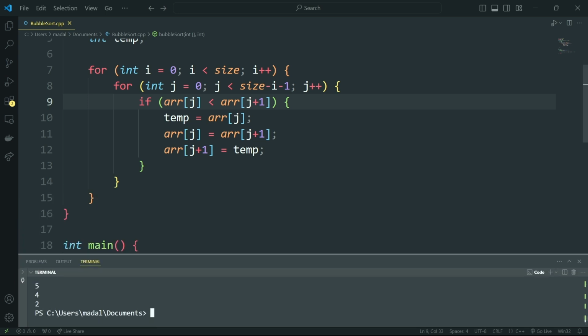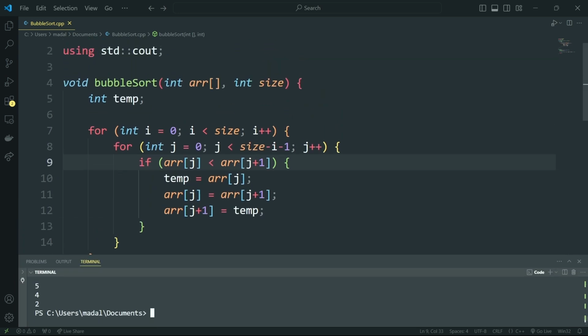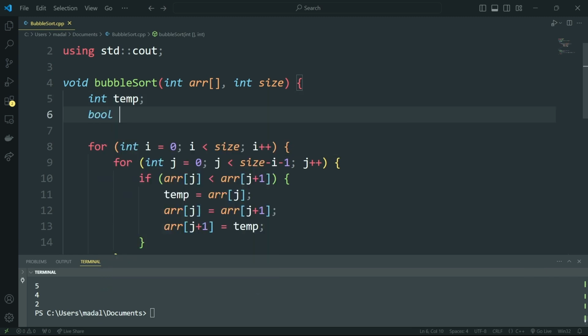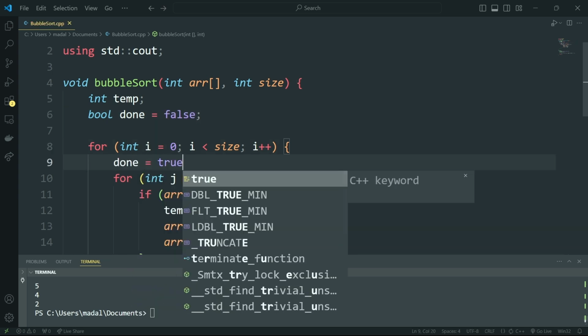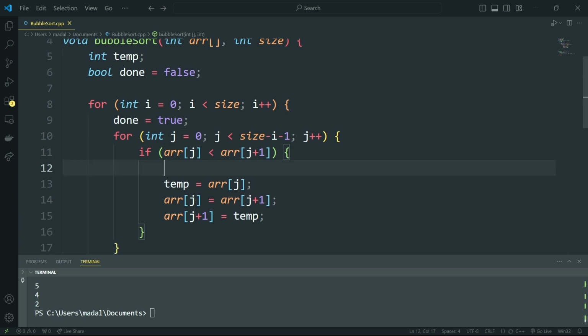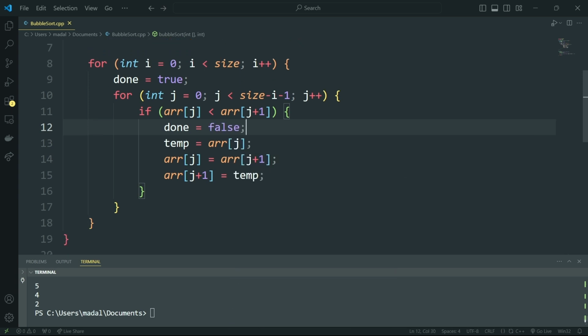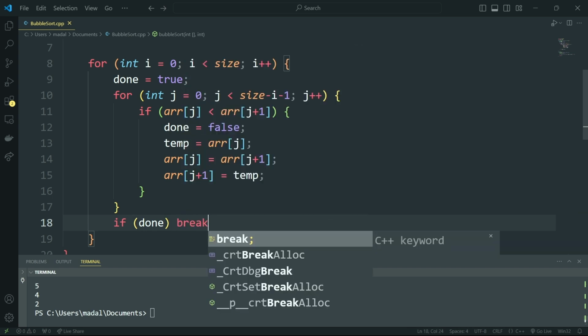And there's also another optimization that we can do, which is we can add a Boolean variable here called done, which is going to be false. Then each iteration, we're going to set done to true at the beginning. However, if we make any exchanges, we're going to say that done equals false. And then down here, all we have to do is say if we are done, then we break out of